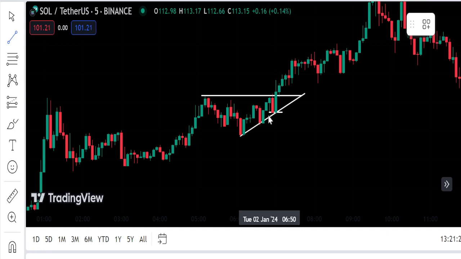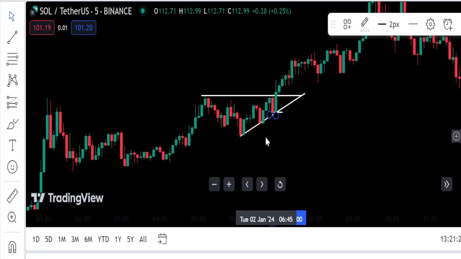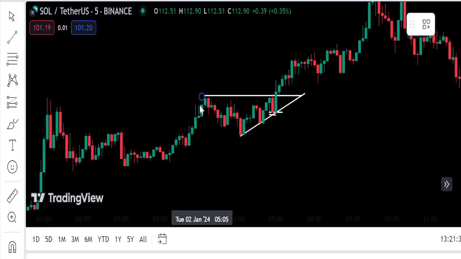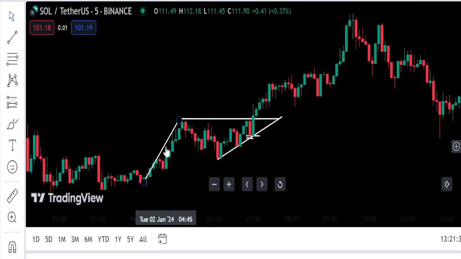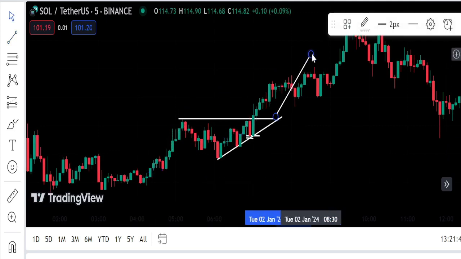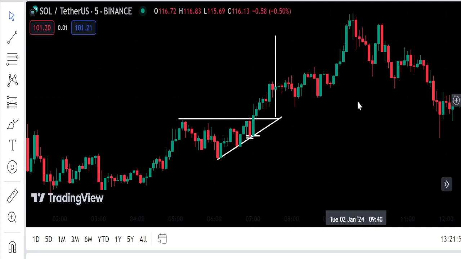So yeah, that's how we can enter the trade for this pattern, and our projected price target will be this distance from here, and it will give us a price target of about here. So that's how we can enter and exit the trade for